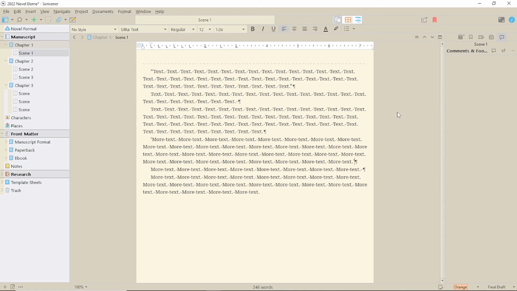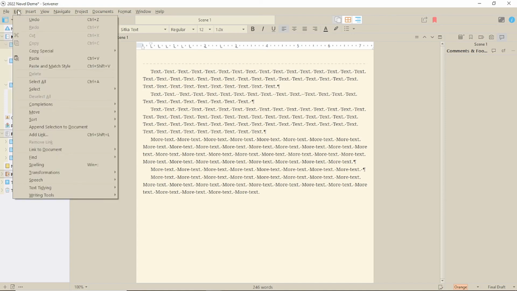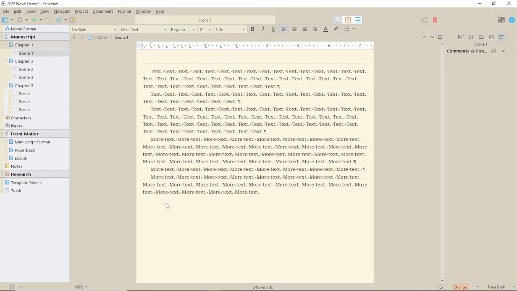Finally, here's a tool for formatting, and another option that may work better depending on your manuscript. Under Edit, Text Tidying, you have Replace multiple spaces with single spaces. This is for those of us who are taught to put 2 spaces between sentences, or who often accidentally hit the spacebar twice. Now, this is probably fine for a novel, but there may be instances in non-fiction where you want 2 spaces for display.